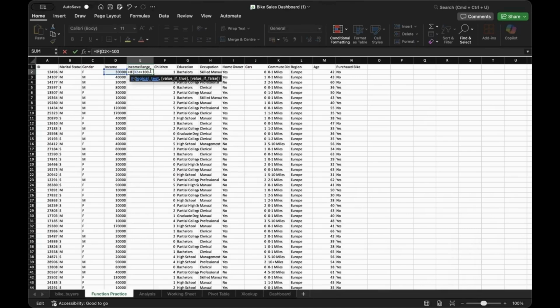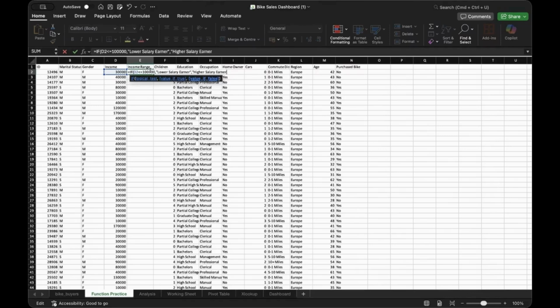So let's say if the person is earning less or equals to 100,000, they are a lower salary earner. So you put your comma and your quotation mark, and then we are saying these people are lower salary earner, right? And you close your quotation mark. If they are not lower salary earner, which means they are above 100,000, what are they? That's the second argument. Then you put a comma and then a quotation mark and write what the second argument is. In this case, higher